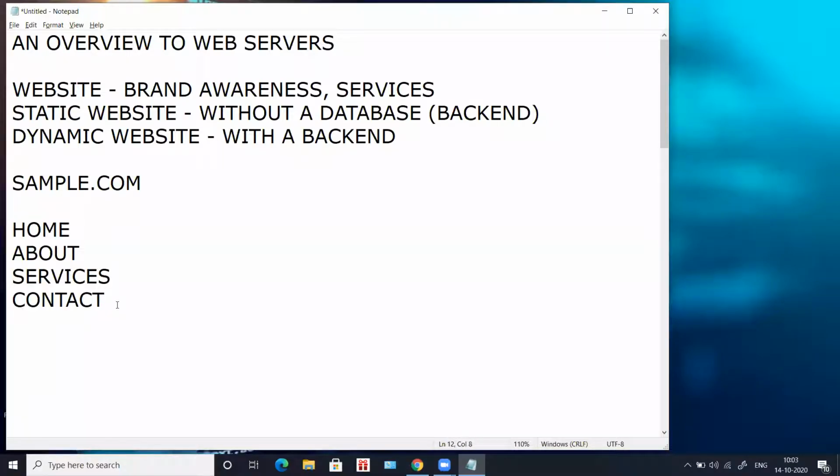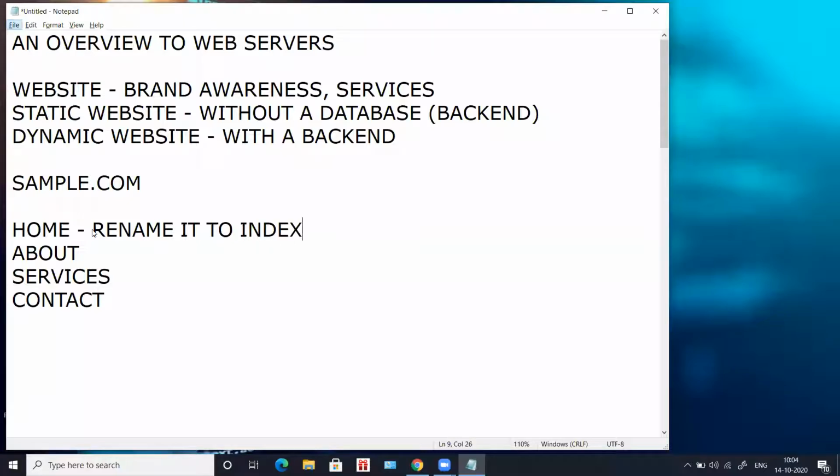Okay. So now consider that this is your website. Now I am trying to visit your website. Visit sample.com. Which page do you want me to see first? Among these four, which page do you want me to see first? Home, about, services, or contact? Which one? Obviously home. Yes, so home is the actual page which is like the default page which every user should see. So now if that is the criteria, if your home page should be the first page which you wanted the user to see, then what you have to do is rename it to index.